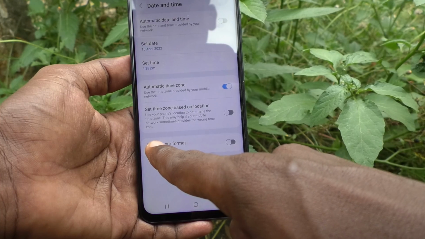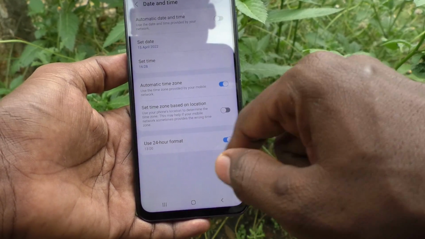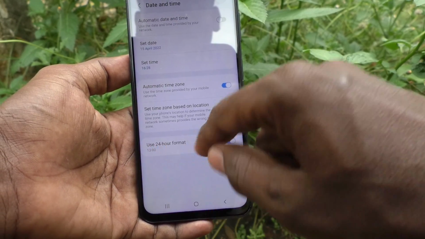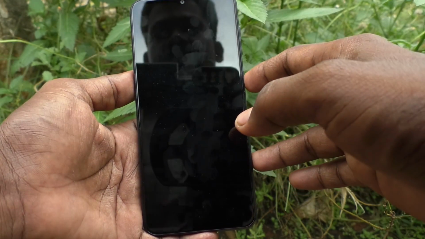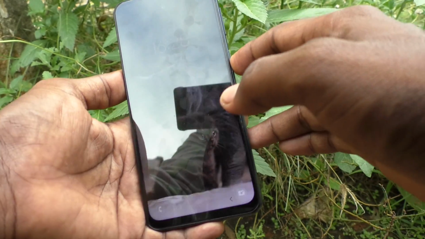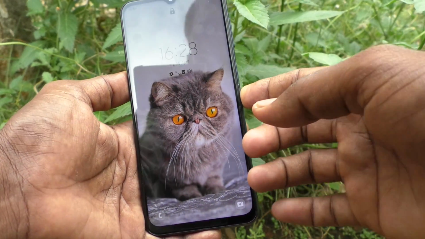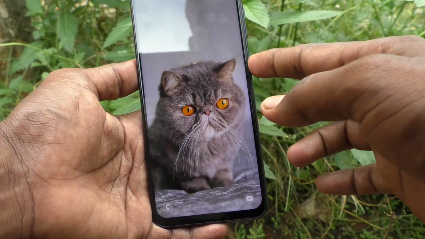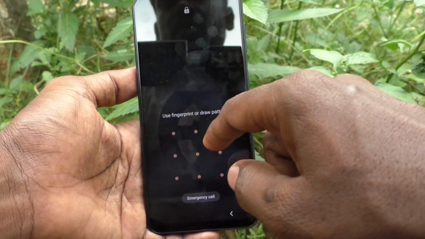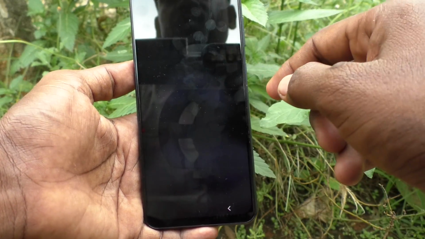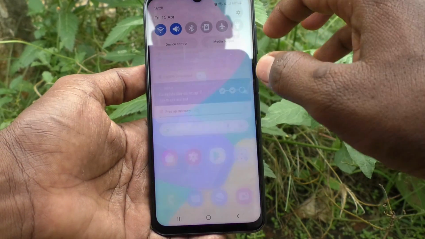If you want to use 24-hour format, just turn on this button and 24-hour format will be followed. You can see the changes in the home screen. See here, date and time have been changed. You can see. So if you want to use only 12-hour format, you can keep